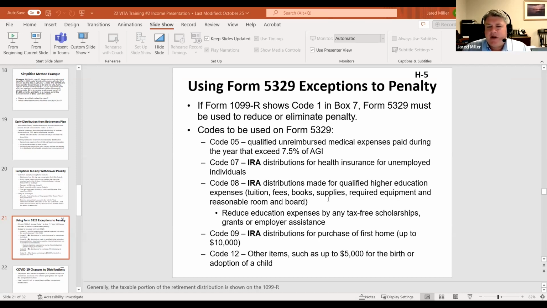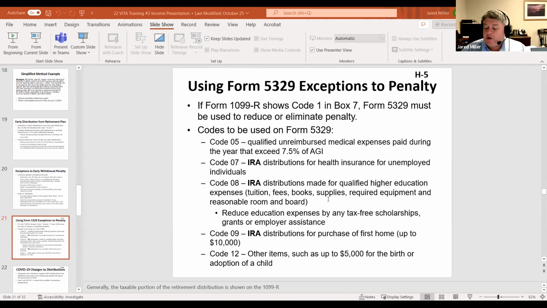If they say I took money out because my employer told me I could take money out for free and I didn't have to pay taxes on it. Okay, well, that's not true. And it's actually not a valid reason to take money out penalty free. We do have a number of codes that we can use. My suggestion is we don't just start going through and asking them whether or not these apply, because it may just lead them to an answer that we don't necessarily agree with. We don't want to try and lead them down a road that won't be substantiated.